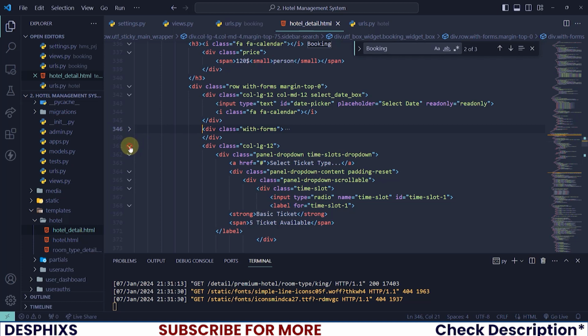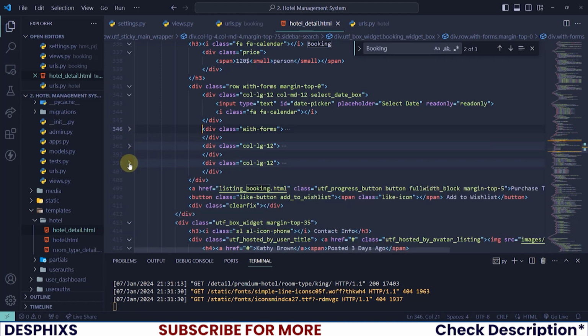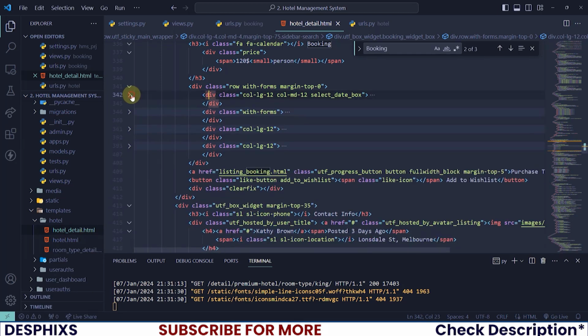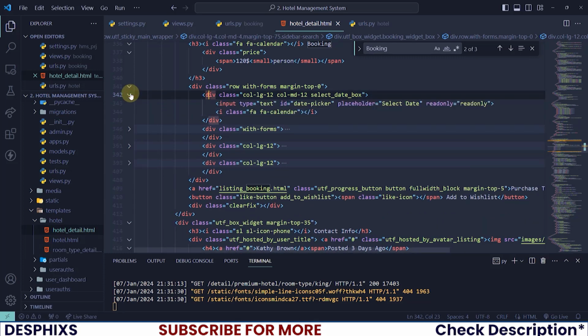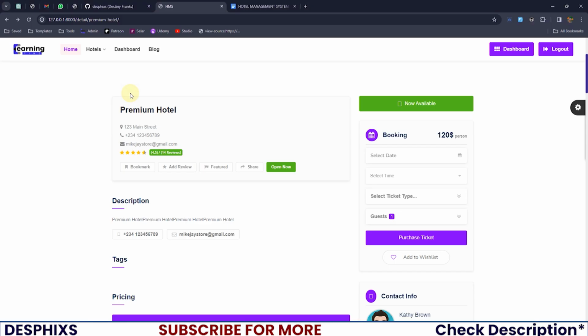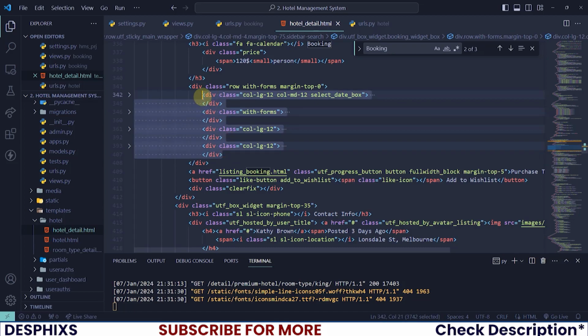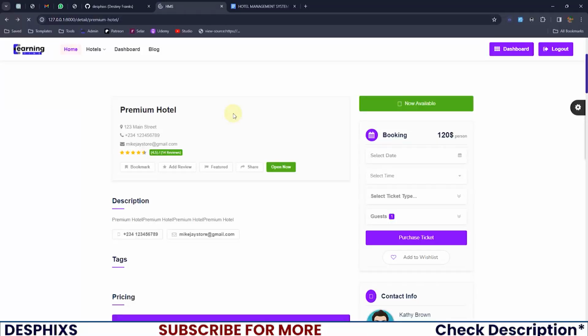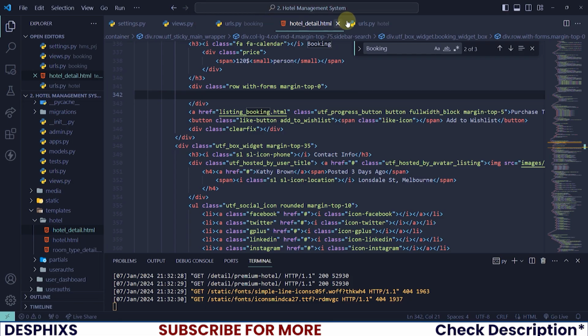Collapse this, also collapse this and this. So now if we get rid of this over here and reload this page, see now we don't have that any longer. I don't also think that I need the purchase tickets button, but before that, let me open up